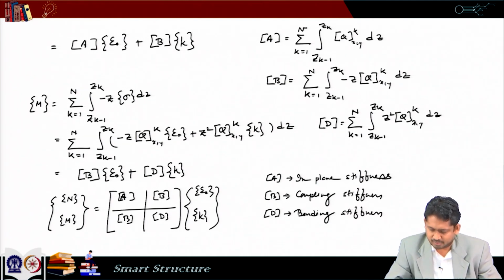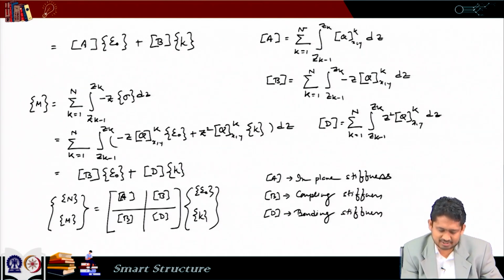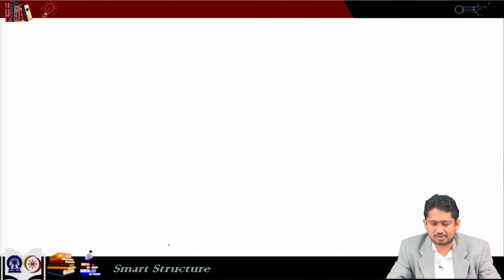And also we can see that this A is a 3 by 3 matrix. So, it has components like AXX, AXY, ASX, AXS. A quantity like AXS couples the normal force components with the shear strain. Similarly, I can have DXS also, and that couples bending moment with the twisting moment. So, we can get rid of some of the couplings by proper lamination sequencing. Sometimes the couplings are desirable, sometimes they are